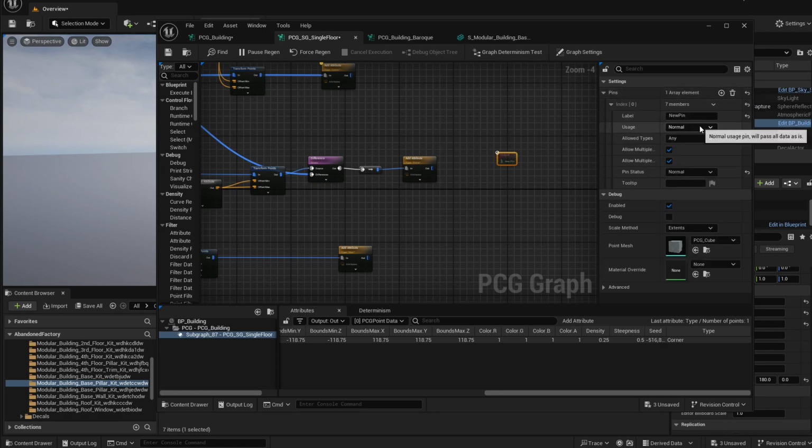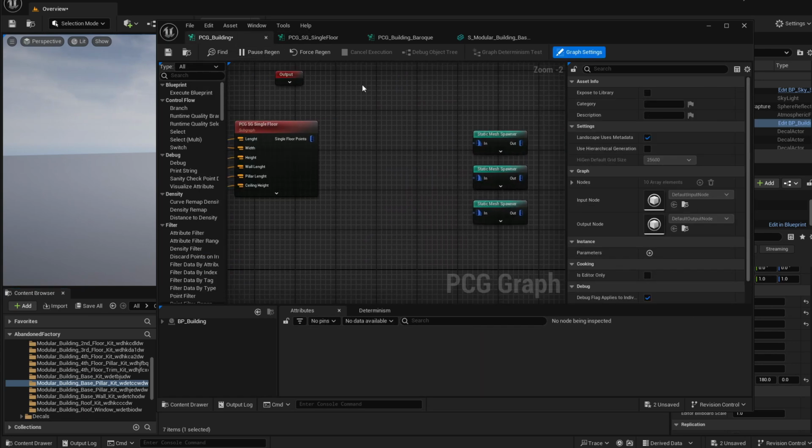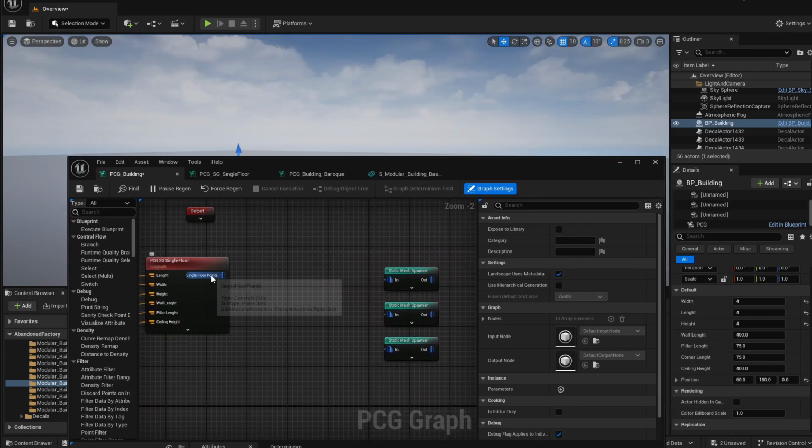This pin will be of a type point, will allow multiple elements and multiple connections to this pin, and we'll call this pin 4 points or single 4 points. And let's connect all the points that we are creating from the three types of elements into our output pin. Let's save this. Let's go back to the main graph, and if I connect these